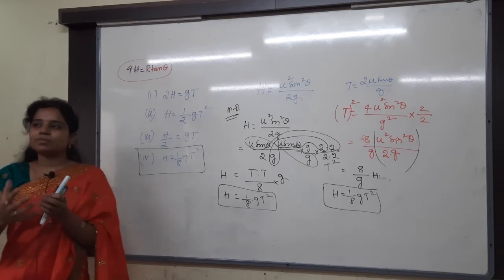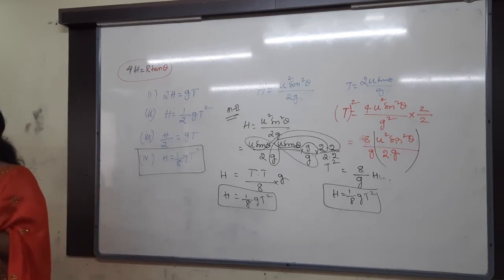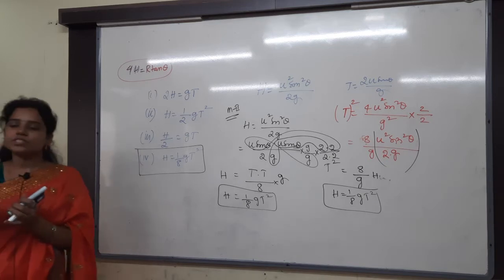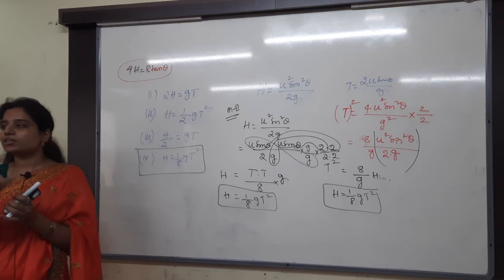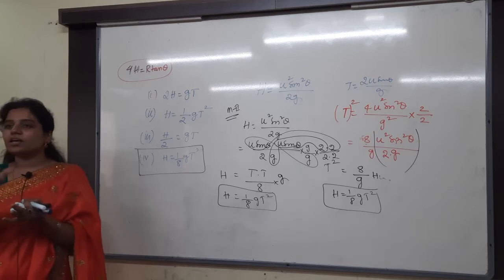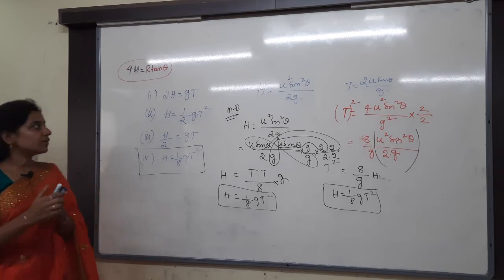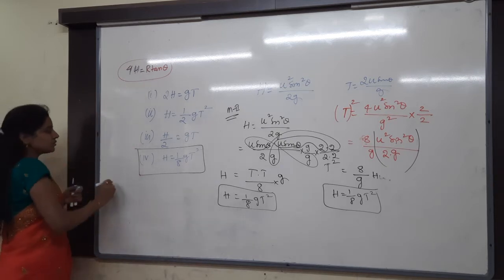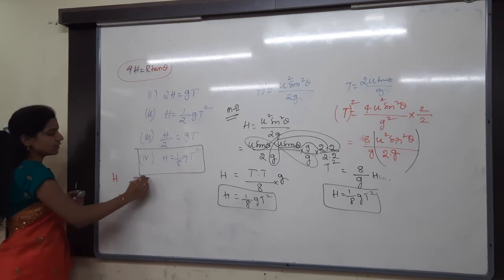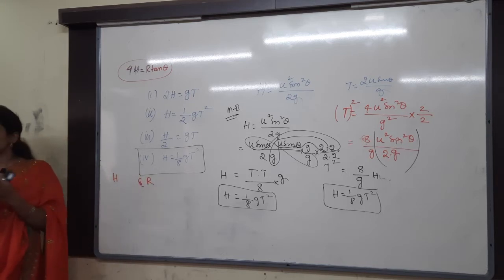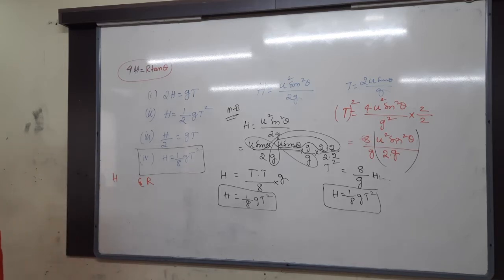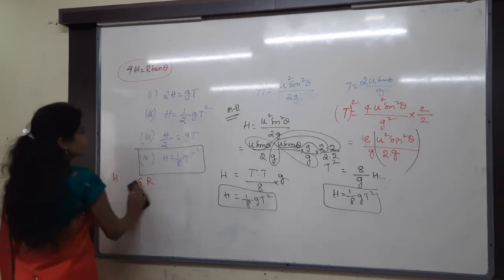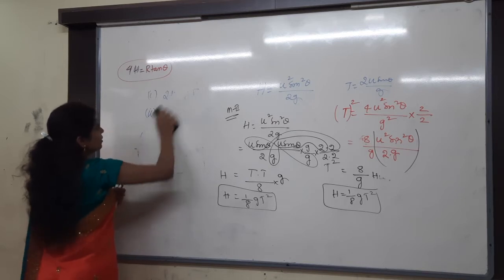Here you have to just multiply with something and then divide with something, then you will get the answer, that's it. Whichever is asked, they are asking the relation between h and T. Either you can take h and then get T, or take T and get h. Before, we got the relation between h and T. In reverse also you can get the answer. Hope you got both the methods.